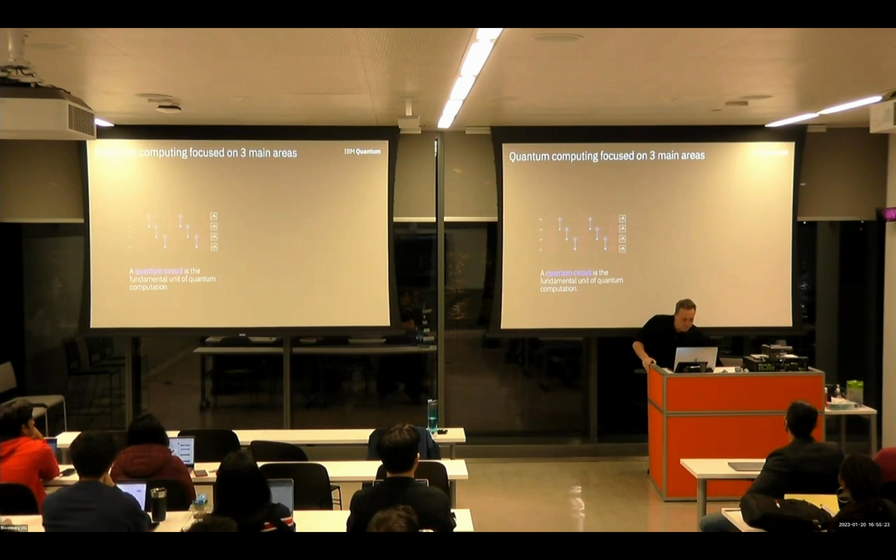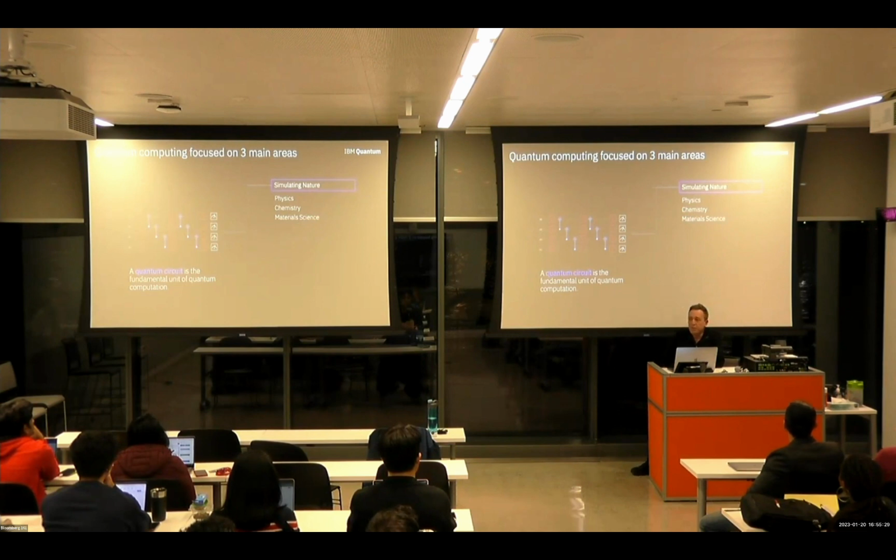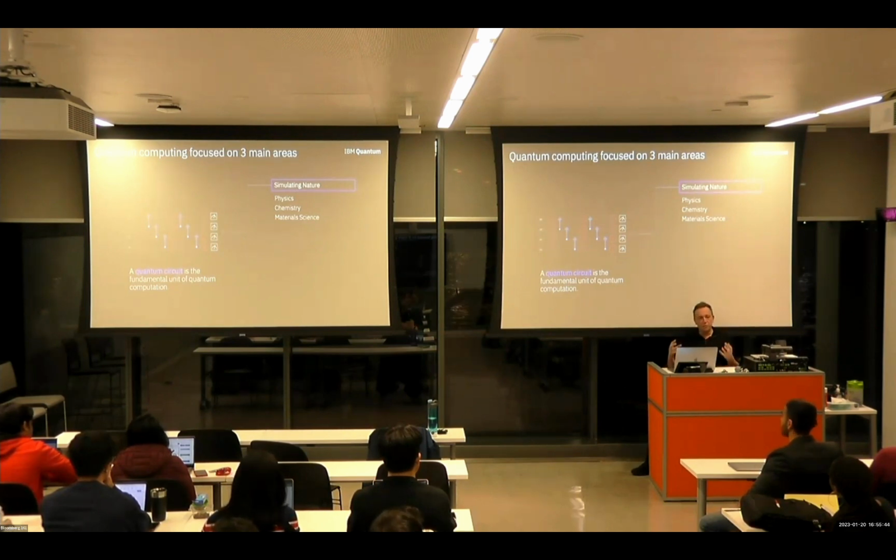But quantum computing is focused on 3 main areas. First one is simulating nature. We're not very good at molecular simulations. Before I got into this field, I was assuming that we simulate molecules all the time. And we do, but they're very, very dumbed down models because they have to go on the classical computer. So molecular simulation gets really difficult really quickly. In fact, we can only simulate molecules as complicated as caffeine, and barely that.